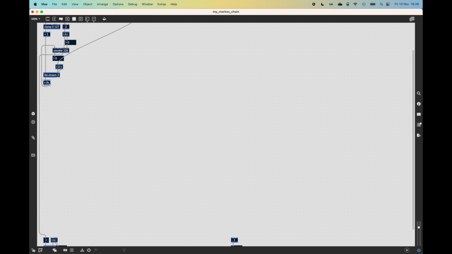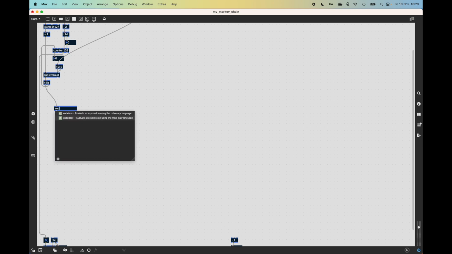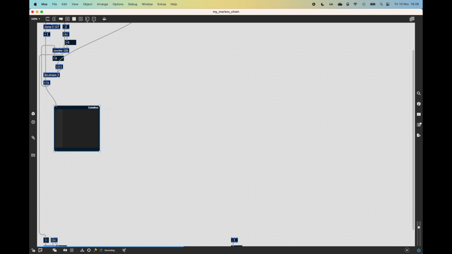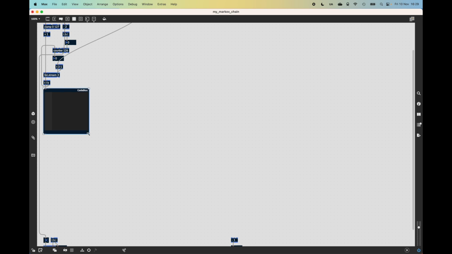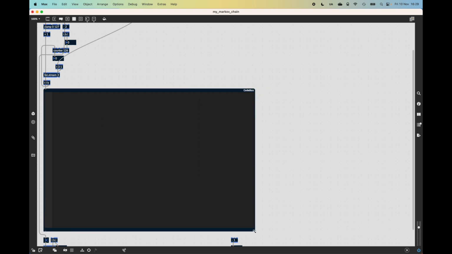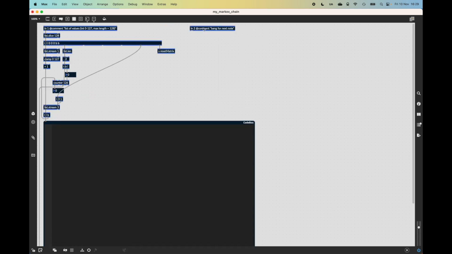So here we're going to connect this up to Codebox, just like that, and we can resize that so that it is nice and large. Take our into, and we can connect that up when we've created the necessary coding for that inlet, but we'll leave that there for now. Okay, so